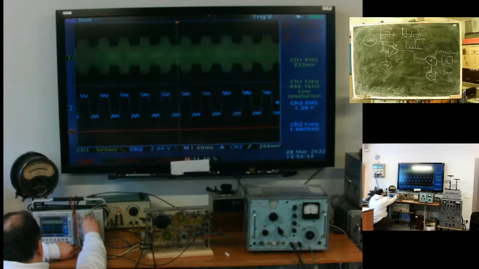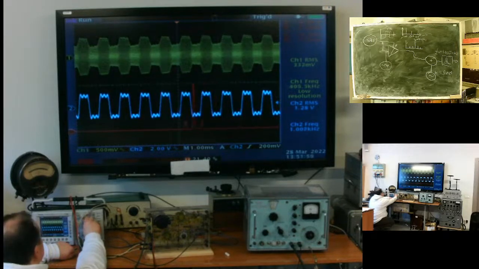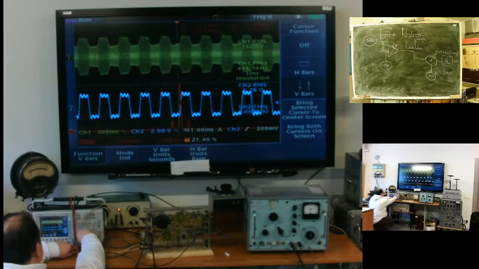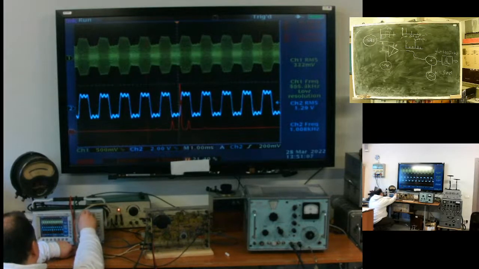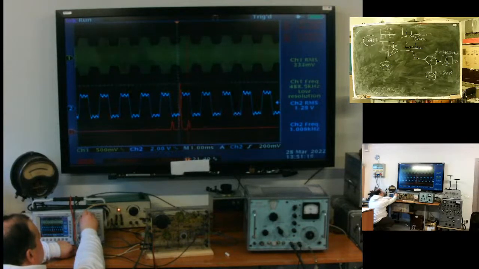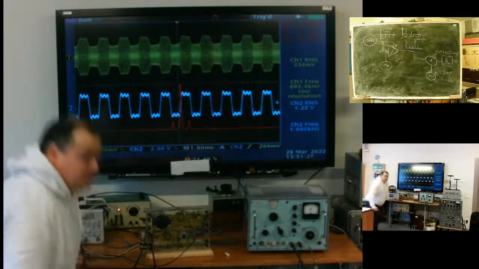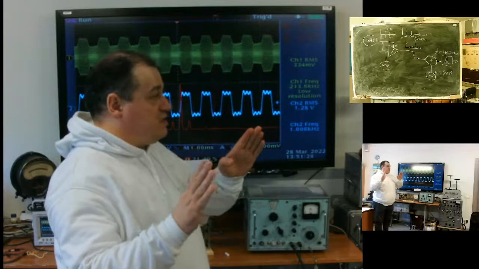I got you. Here's our spectrum, and we got central line 469, 470, 472, and so on. The whole spectrum of the amplitude modulated signal is transferred